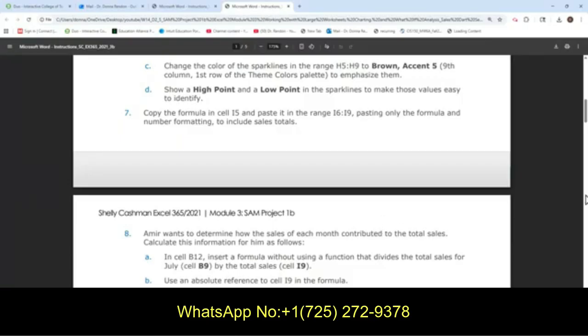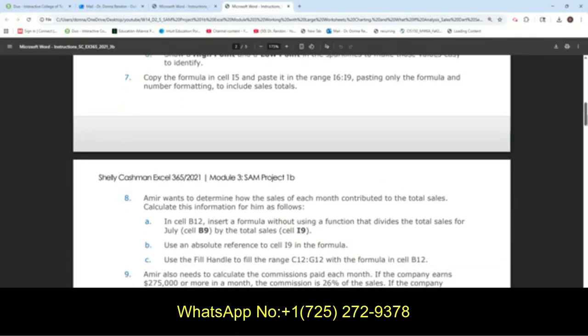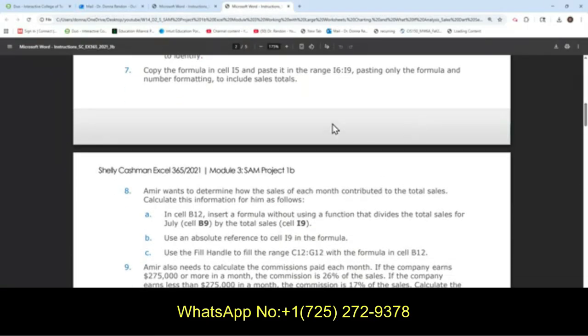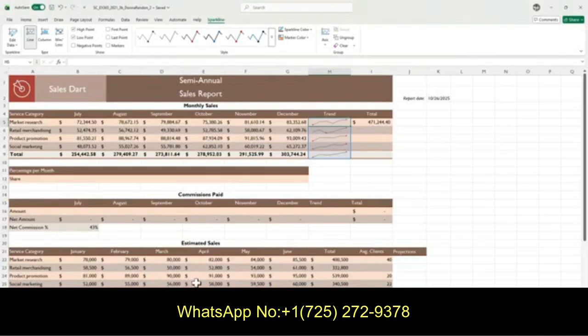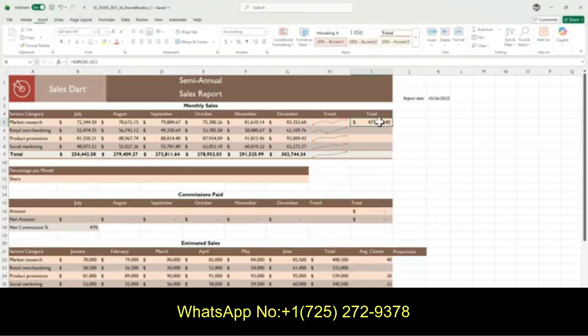Going back to the instruction, Step 7 is copy the formula in cell I5 and paste it in the range I6 to I9, pasting only the formula and number formatting to include sales totals. Okay, so go back to the start file and then go to cell I5. You see I5 here in the name range.